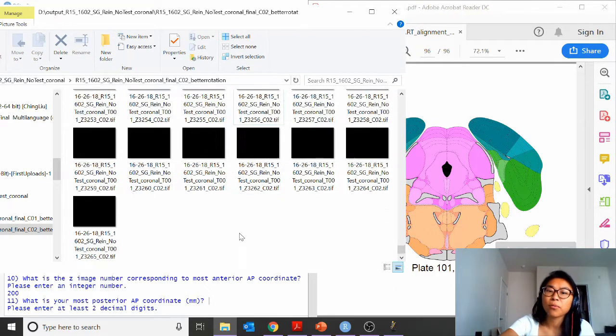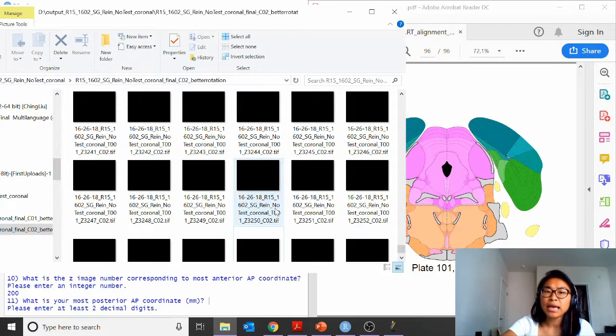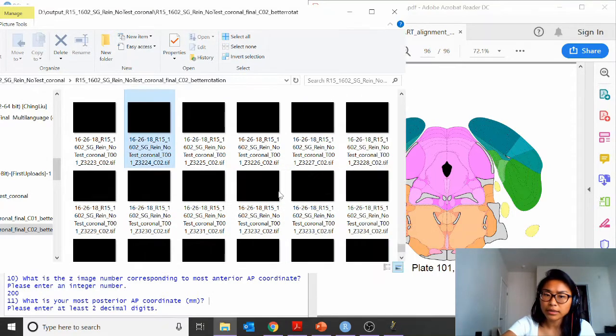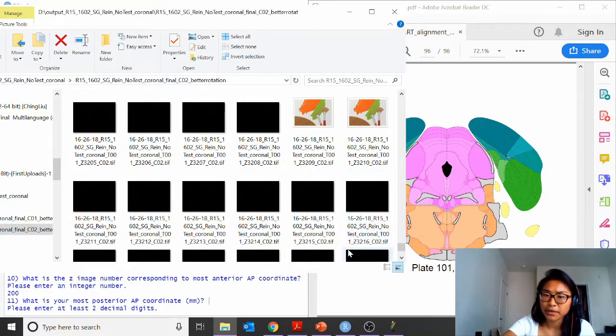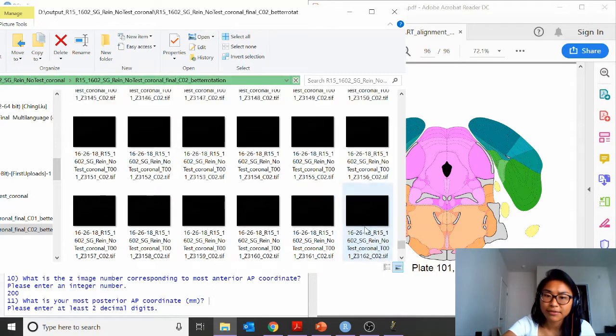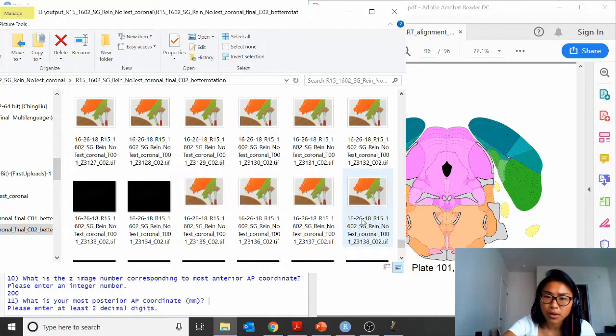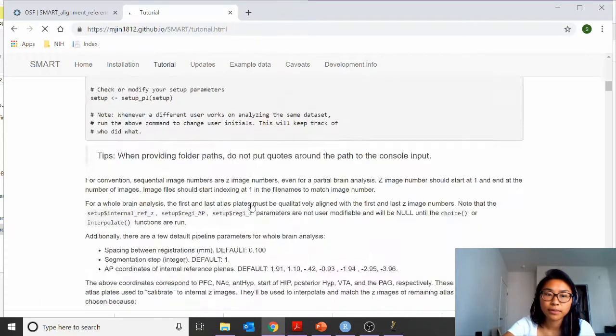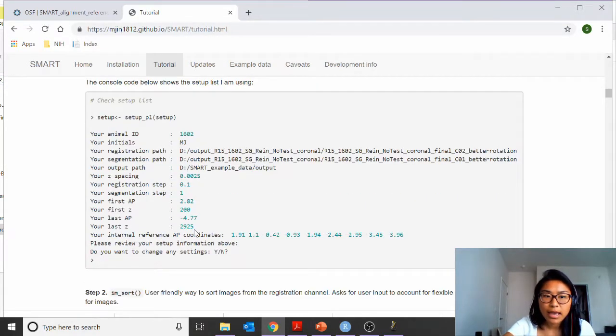And unfortunately, you won't be able to segment and register any of your data beyond this. But because I know this data set goes beyond this coordinate, let's look for the plate we chose to align with, negative 4.77. I believe it was, I'm going to cheat a little bit, go to our tutorial, so I've done this already, and we said it was